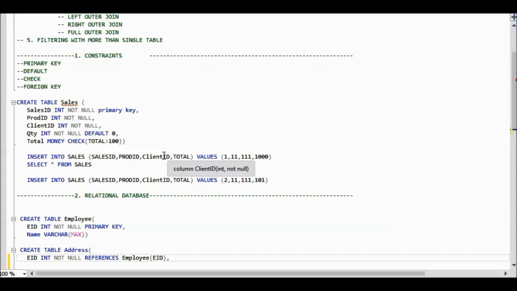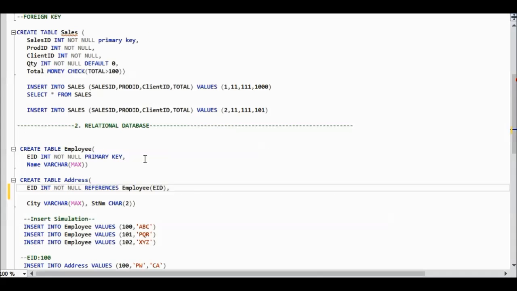Why is it necessary? Because if you studied the normalization forms, it says that the data should be broken down into smaller chunks that are independent of each other and that can be stored in separate tables. And if you want the combined information, you can join these two tables, or you can fetch the data from these two tables with the help of